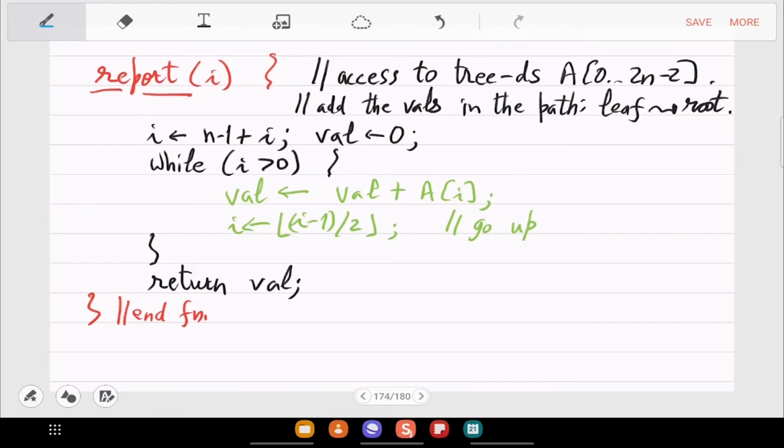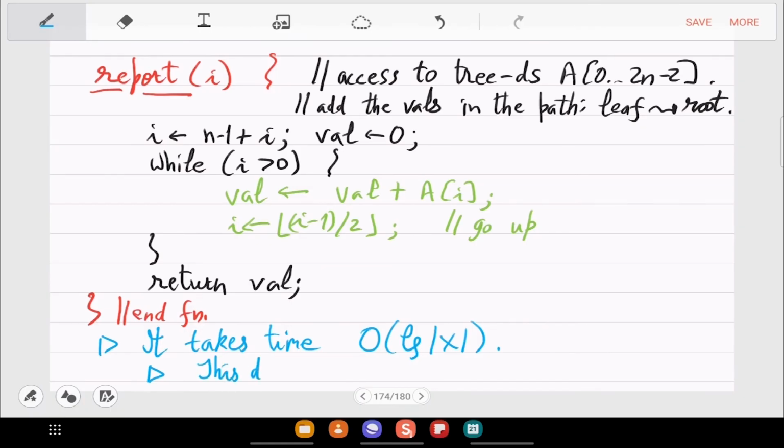Okay, so this again takes just as many steps as the height, which you can show. This is also log of n prime, the size of the original array. And obviously the data structure is not too big.